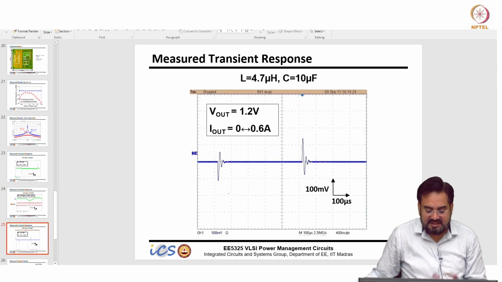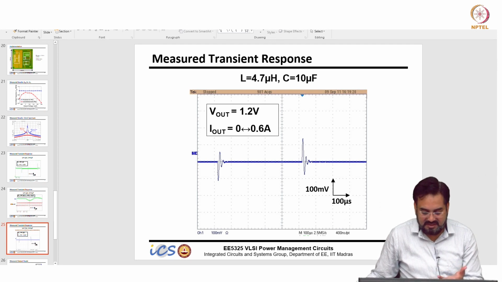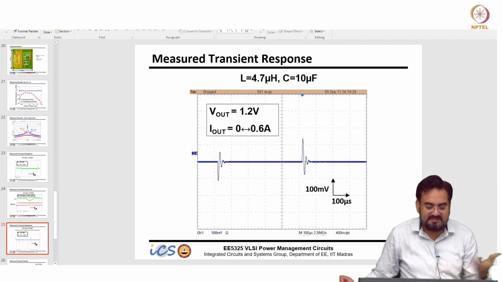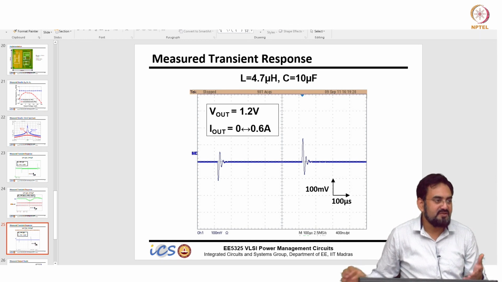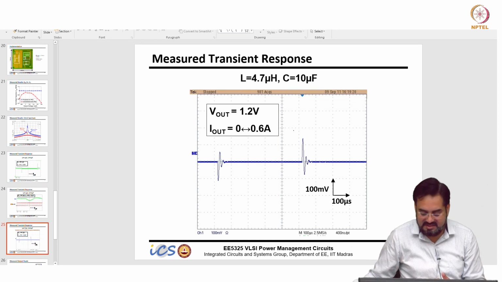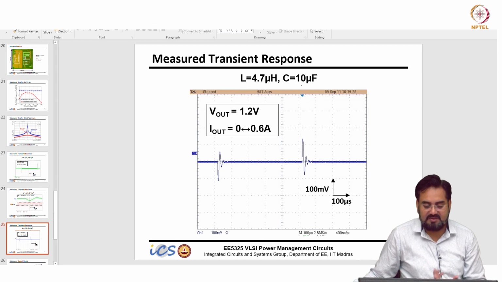So another advantage is that it is stable for different values. This is an actual measured result on the silicon. Instead of 1.8, I put a 4.7 micro, which is more than 2x, it's like 2.5x of the inductor. If you do this with the voltage mode, you have phase margin and everything defined at one particular LC, so it's possible that it may become unstable. Here it is still stable, and you can see the transient response also doesn't look that bad, because look at the capacitor value, I am not changing it, 4.7 micro and 10 microfarad.